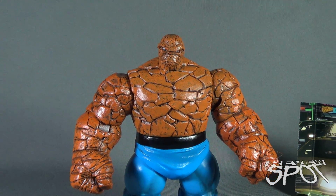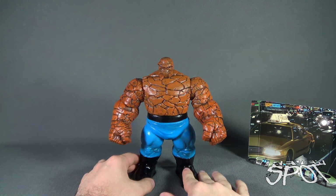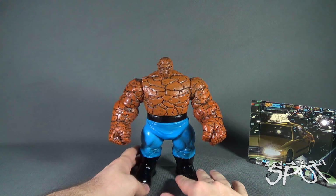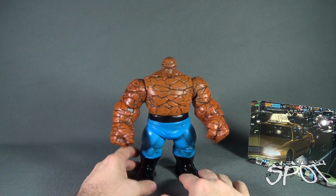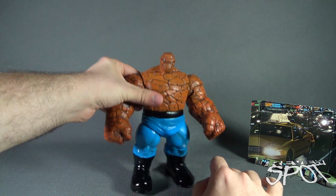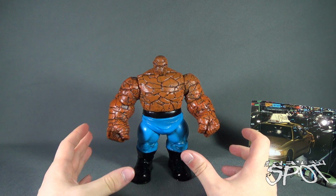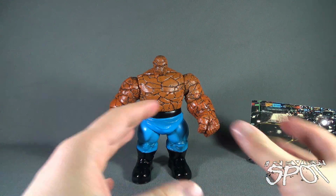And the Marvel Legends Thing that... I'm trying to think of the line. It was a Fantastic Four line. It was one of the earlier releases from Hasbro. That is also one of my favorite Things, too. He almost mirrors the same sort of stockiness, the lower stockiness, I should say, as Juggernaut. Juggernaut also had very